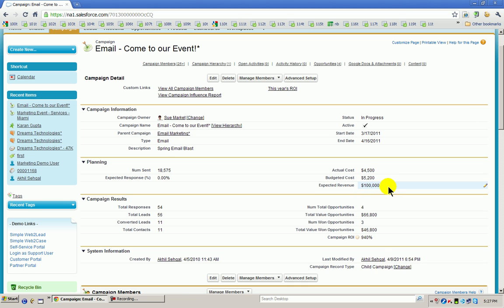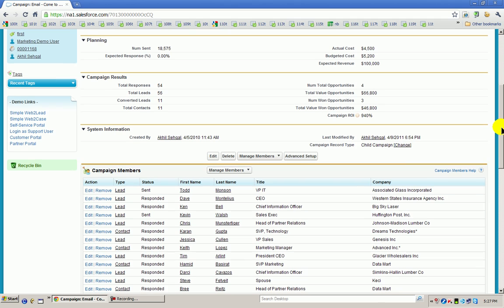Right. Now up to this you are entering information. The rest of the information you can see here is all coming from the system. You can see the lock symbol. That means you cannot edit this. You cannot enter data here. It's all field locked. Right. From this campaign you can see how many responses you have generated, and the total number of leads.